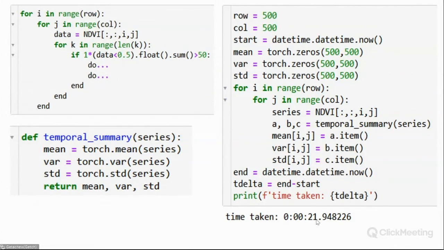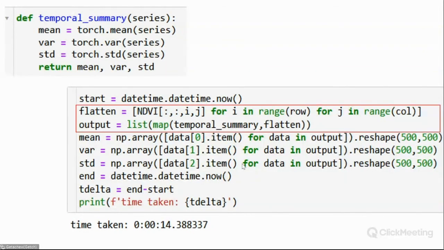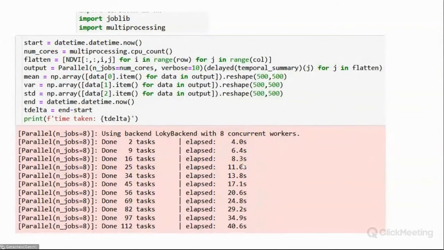If you are challenged by this, the other option is to try a vectorization strategy. Vectorization on arrays is by nature quite efficient, as long as your arrays are not very huge. As you can see, vectorization reduces the time needed to process. But again, this may not always work, because sometimes you may come up with huge chunks of arrays, for example regional data sets and global data sets. In this case, it's better to use specialized libraries like joblib and multiprocessing.